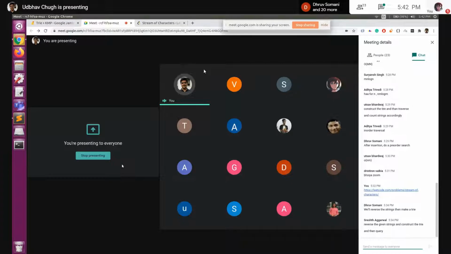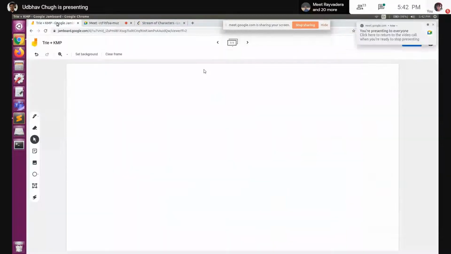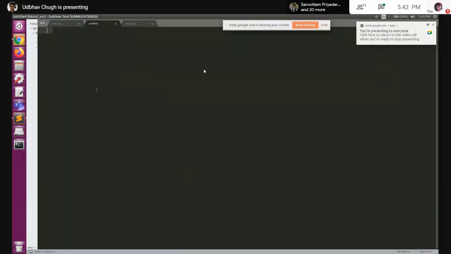Okay, so the brute force way would be, yes Shashwat, you're right, brute force would take order nm. The worst case arises like this. Let's say we have a string AAAB and we have to search for AAB. So this is the n string and this is my query string.